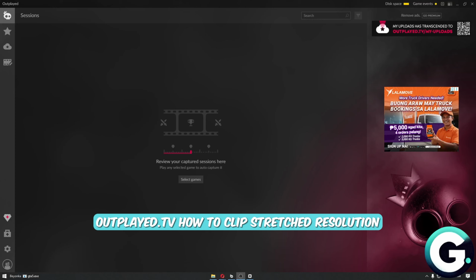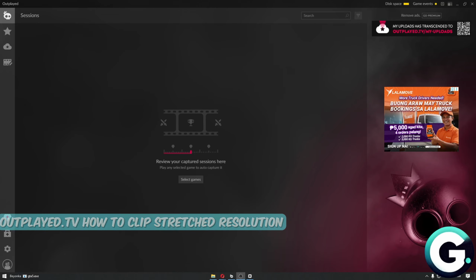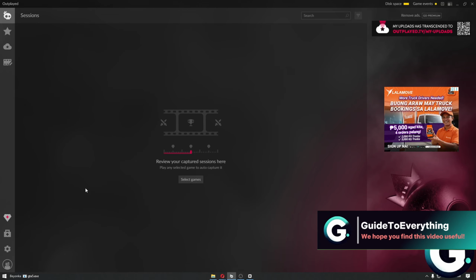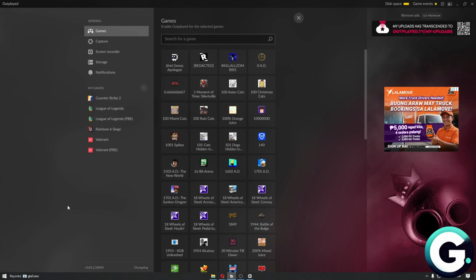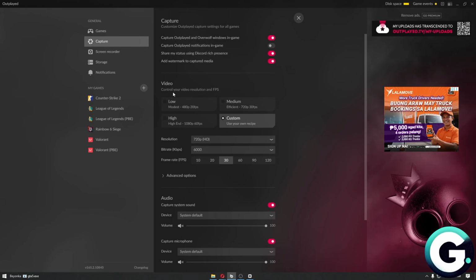In today's video, I'll show you how you can clip stretch resolution on Outplay TV. The first thing that you want to do is to head over to your Outplay TV settings. Now we are going to edit some simple settings in order to make sure that we record properly while playing our stretch resolution game. In here, navigate through the capture category, and basically we have some settings that we have